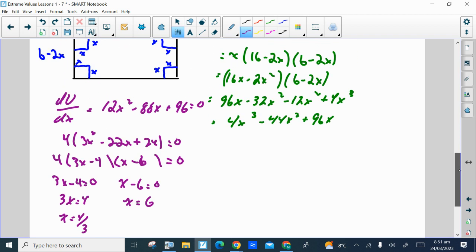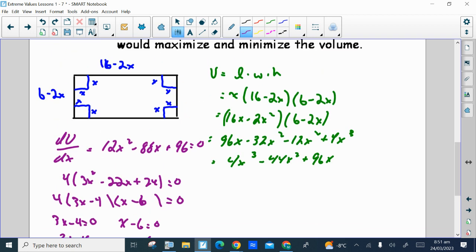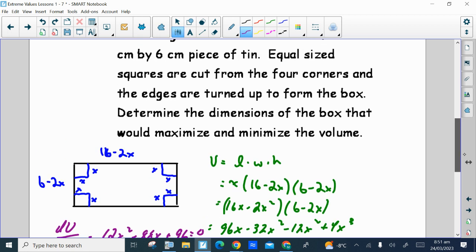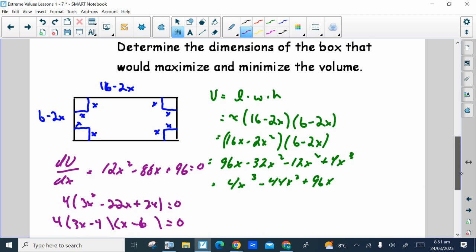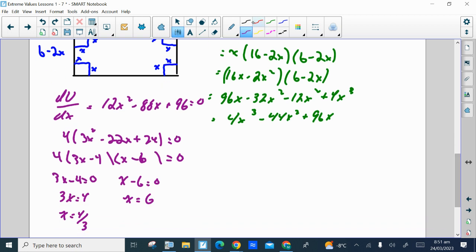However, 6 won't work, because the original width of the piece of tin is 6 centimeters. And if x equals 6, then the width will be negative 6, since it's 6 take away 2x. So 6 is an extraneous root. That leaves us with only one critical number to look at, and that's x equals 4/3. So if we put that on our number line, because we need to find a max and a min,